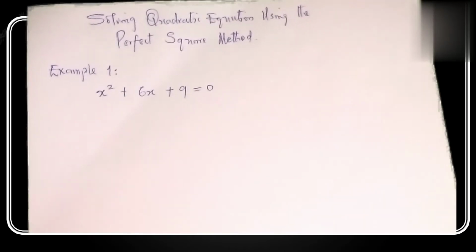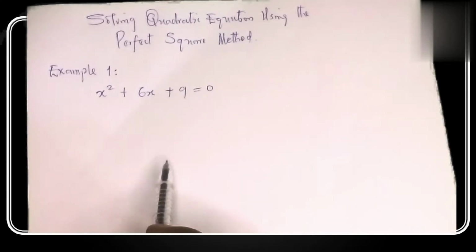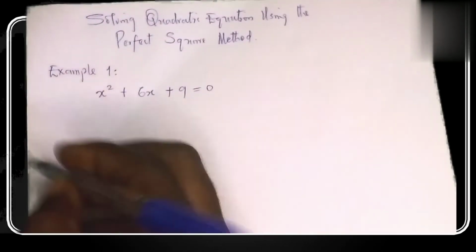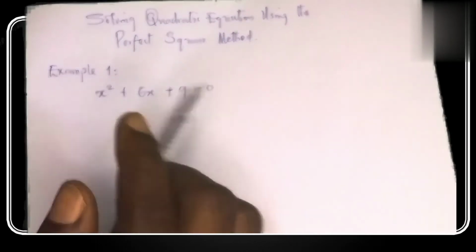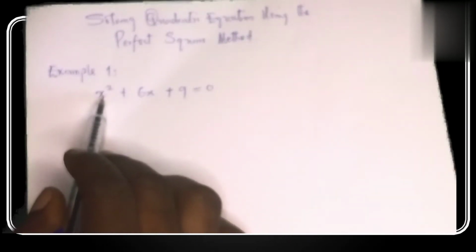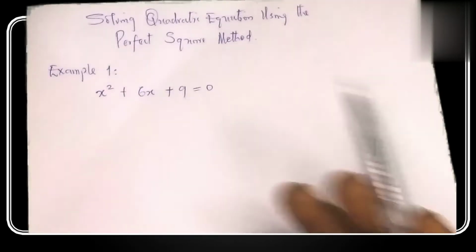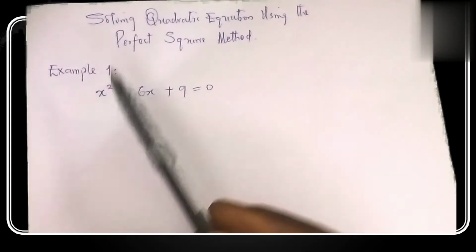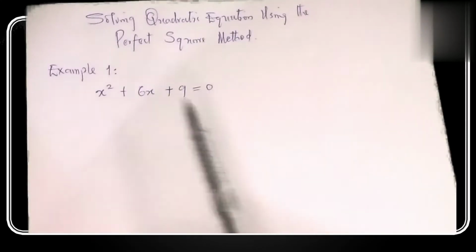In our previous video, we treated simple quadratic equation using the method of factorization. But today we want to look at it using perfect square method. The perfect square method, simply put, is a situation whereby the value of x assumes a perfect square. Instead of being two different values, it becomes just one value. A square of one value can express to become this